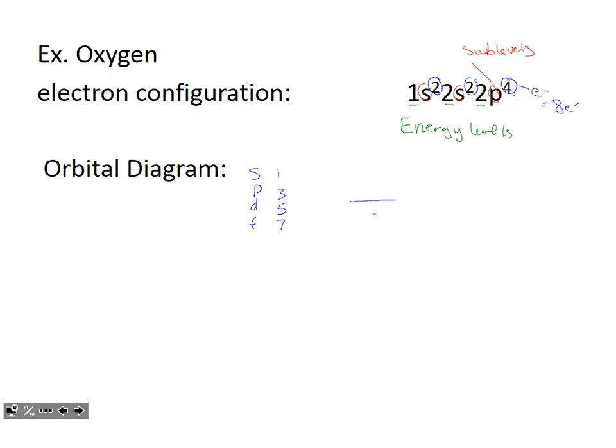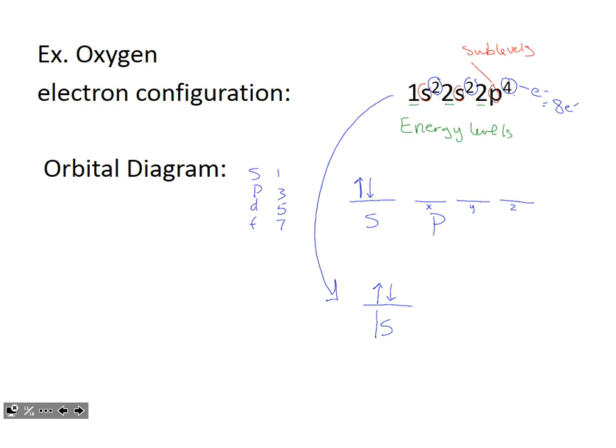So if you have an s sublevel, you would draw 1 horizontal line. If you had a p sublevel, you would draw 3 horizontal lines. That represents the p orbitals on the x-axis, the y-axis, and the z-axis. And then you would draw the electrons in with oppositely facing arrows. So if we want the orbital diagram for oxygen, we know that we have an s sublevel at the first energy level, so 1s, and there are 2 electrons in there, so I'm going to put an up and a down arrow in the 1s